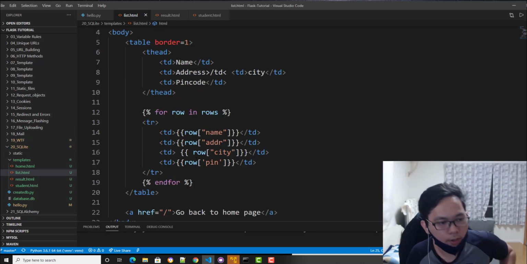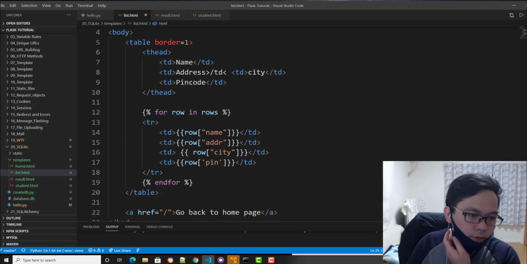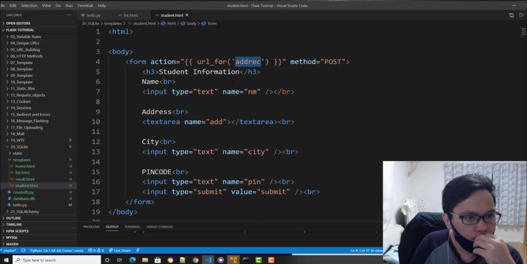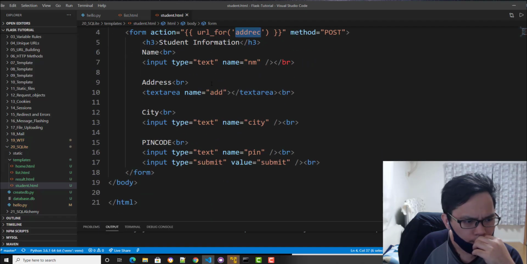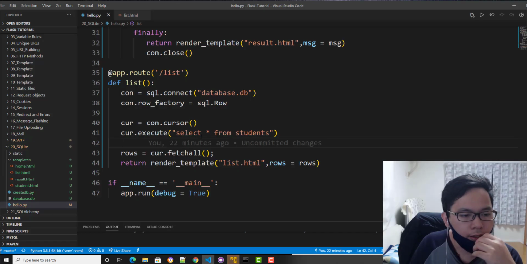It's very straightforward, nothing too special. You're just looping inside of this, and the result for this one, yeah, very straightforward. It's just a select anyway.